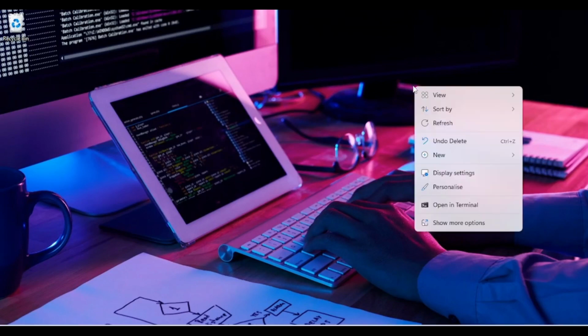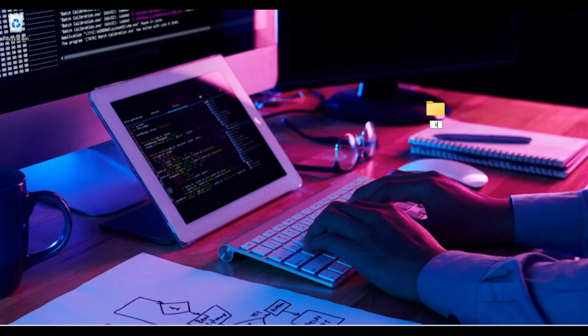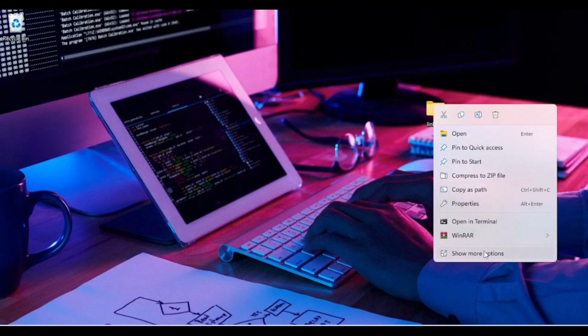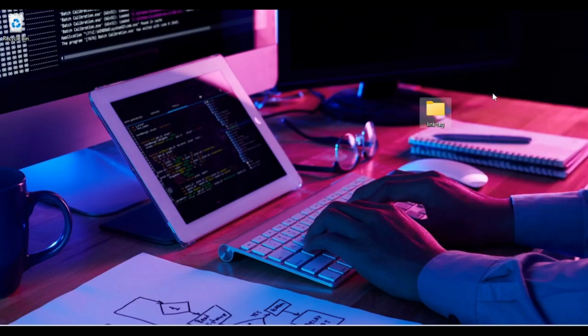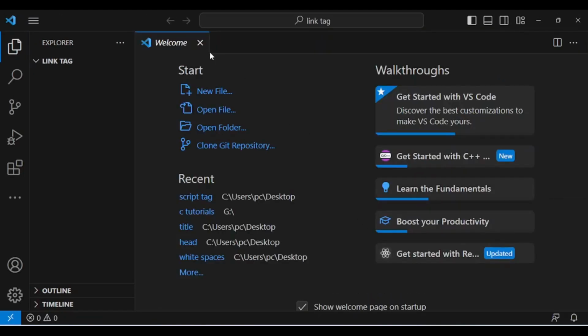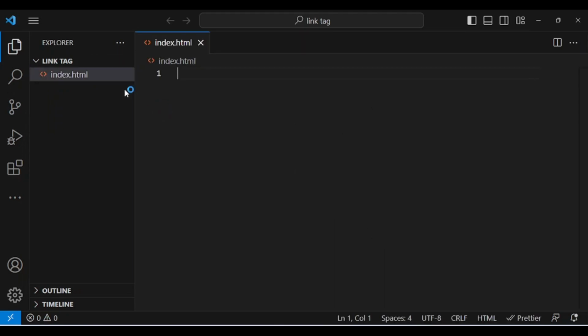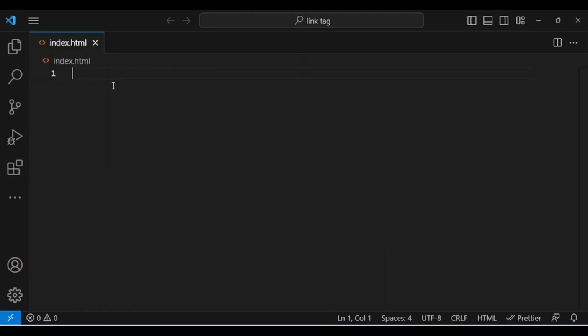The first thing I'm going to do here is to open a new folder, which I've named link tag, as you suggested. Then I open this up inside my favorite code editor, which you all know. I open a new file which I'll be naming index.html, and I open the basic